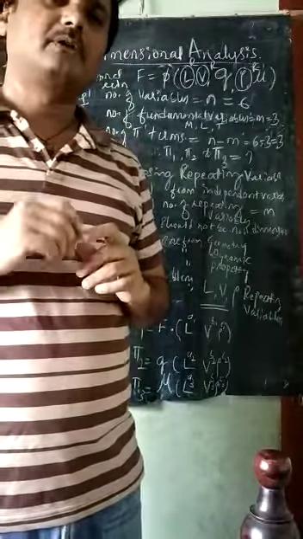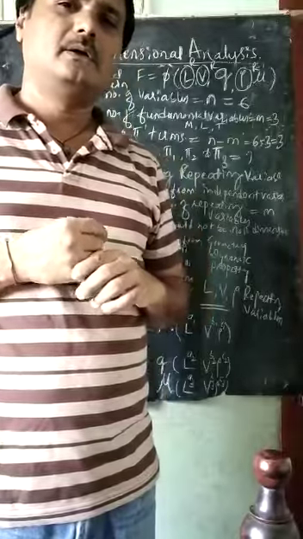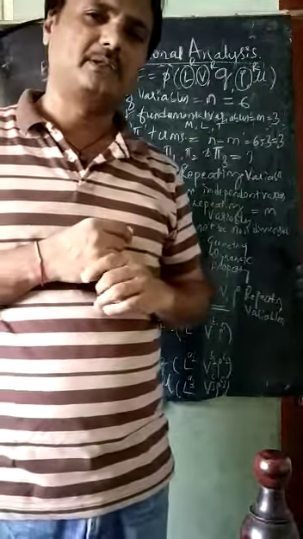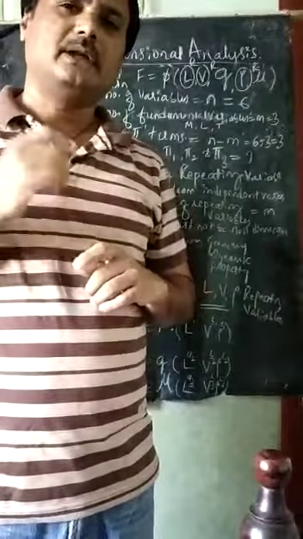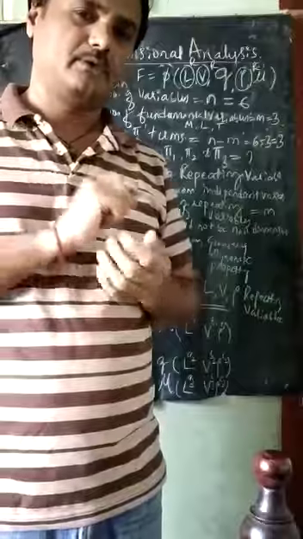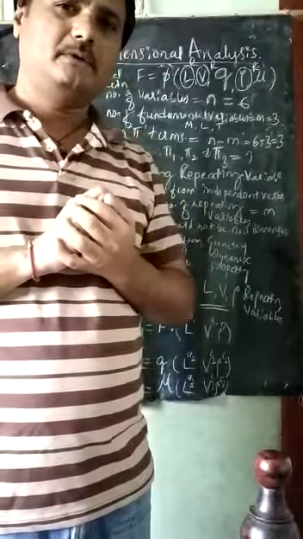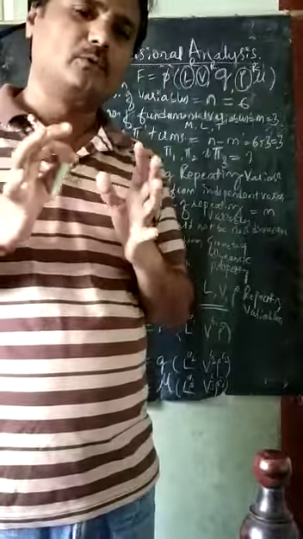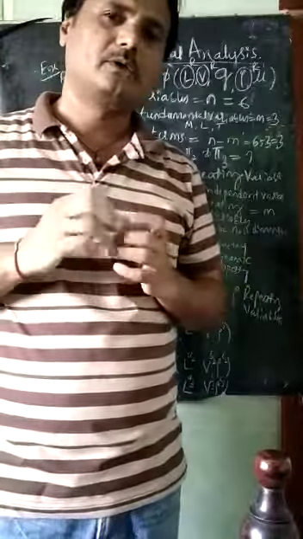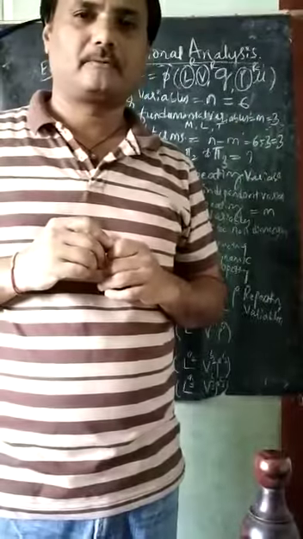difference is it is applicable for a larger number of variables, and here one important thing comes in the case of the Buckingham Pi theorem, that is choosing of repeating variables. Certain rules are there, a certain set of rules. We have to follow that set of rules for choosing the repeating variables.